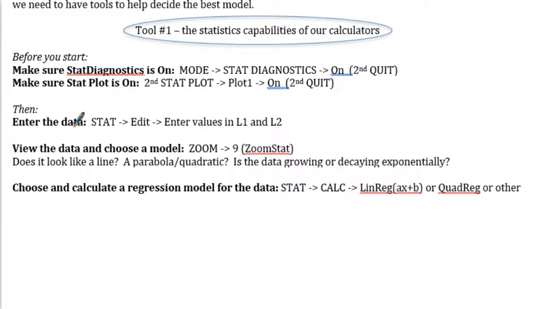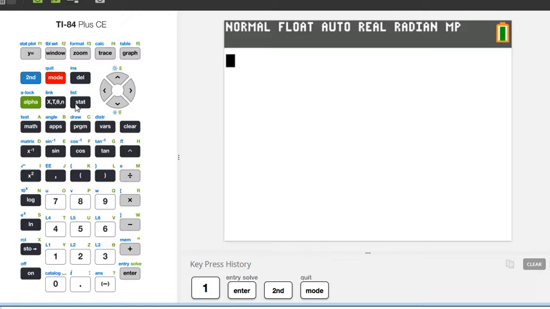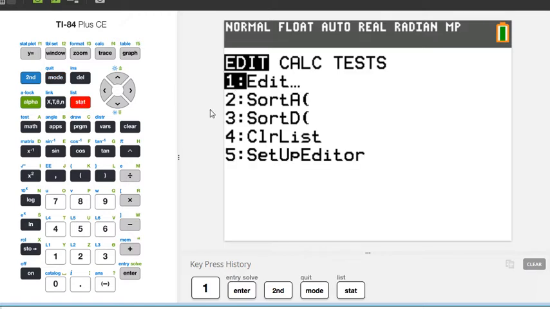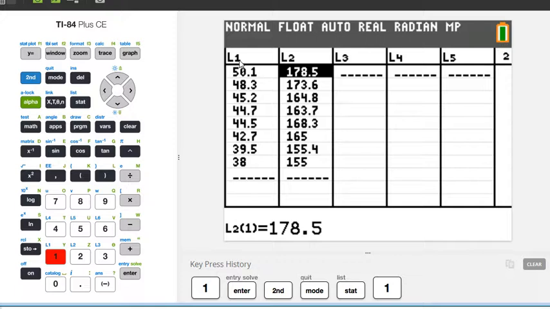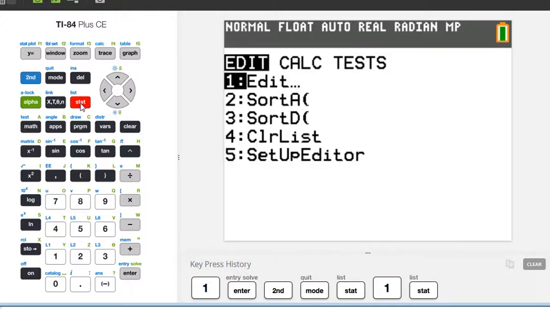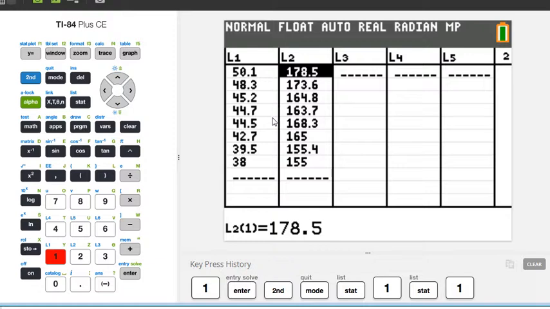When we enter the data, we're going to go to the button stat, edit, and then you're going to enter your values in list 1 and list 2. I'll show you where that is. So if we go to stat, edit, we'll enter a bunch of data in list 1 and some corresponding data in list 2. You must have a 1-for-1, so if you have more data in one column than the other, our work here is not going to work, so make sure that you've entered your data correctly. This is actually the data for our first problem today. So once we enter the data, and again that was stat, edit, and then enter your data in here,